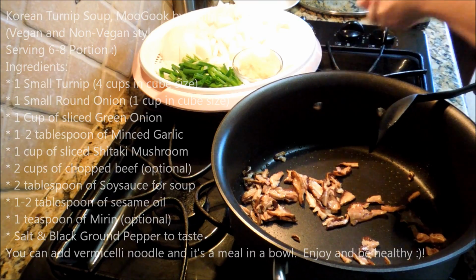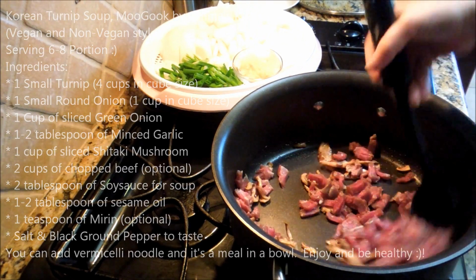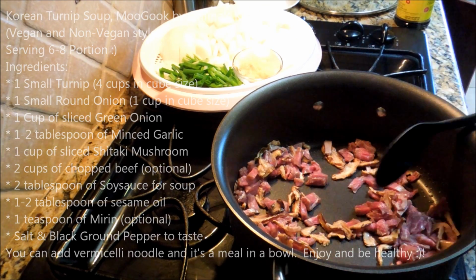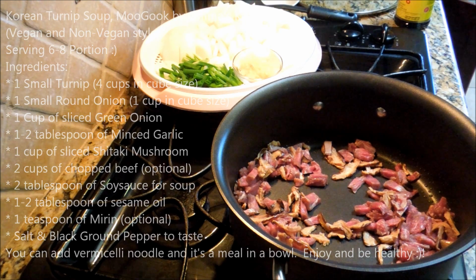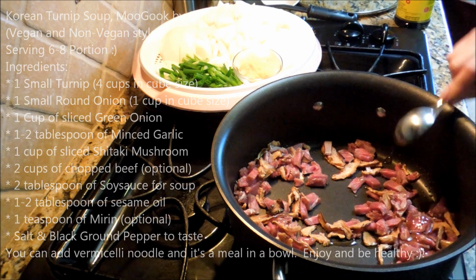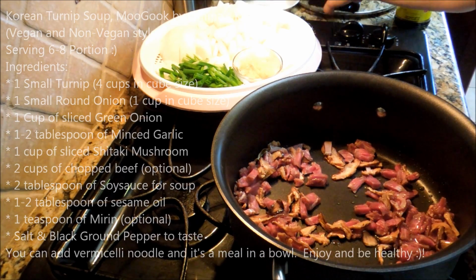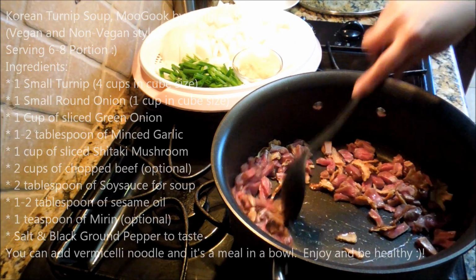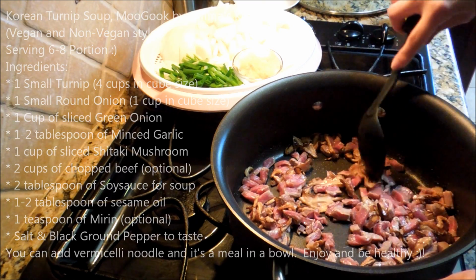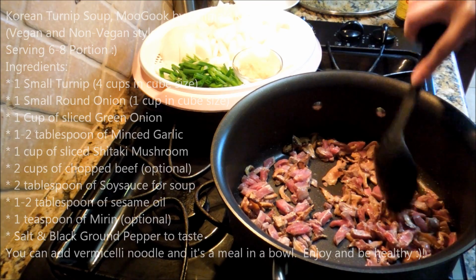Now for non-vegan, I'm going to be adding my meat. Now for me, because I'm adding more meat to this, I'm going to add 1 more tablespoon of sesame oil. This is the instant version of MooGook. If you're in a hurry, a lot of people do it this way at home. So just cook the meat a little bit. Once it's cooked,